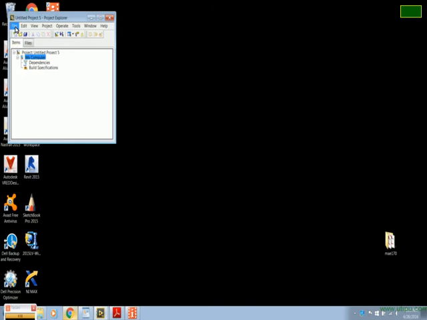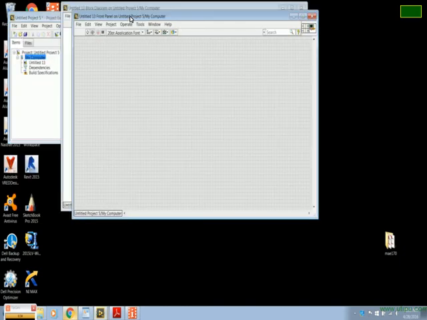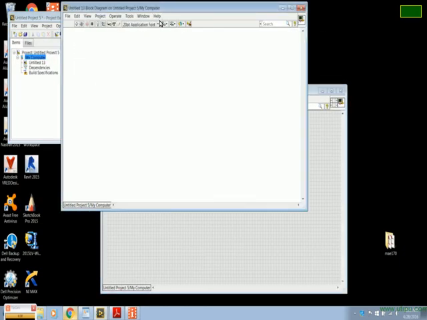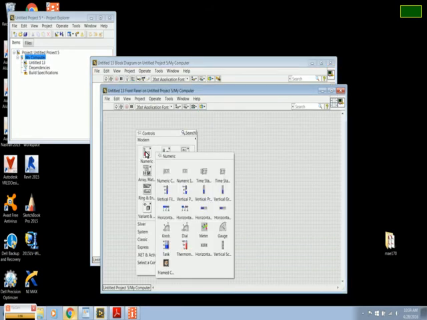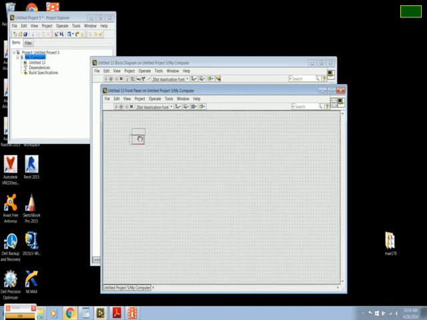So I'm going to go in and start a new VI. In this example, I'm going to show you how to make a Fibonacci sequence. So the first thing we want to do is produce one step of a Fibonacci sequence. We do that by going in, and first we want to have our inputs or controls and indicators. So we have one control, one more control, an indicator,